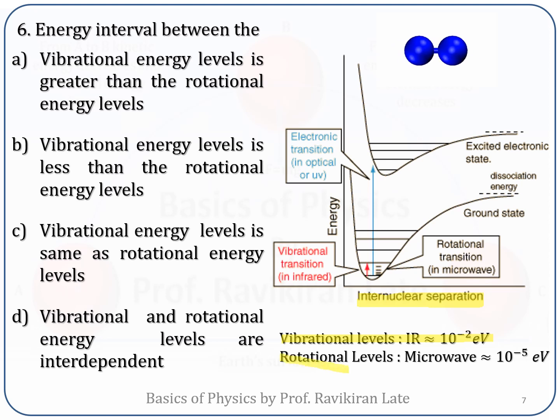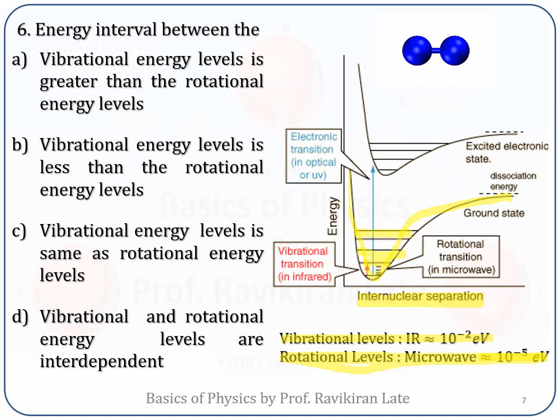And if you look at the rotational energy levels, which are in the microwave region, these energy levels are of the order of 10 raised to minus 5 electron volt. So you can say in this fashion that 10 raised to minus 2 means it is 0.01 electron volt, 10 raised to minus 5 means 0.0001 electron volt. So within two vibrational levels, you have a number of rotational levels. If I'm saying that this is one vibrational level, between these vibrational levels you have a different number of rotational levels.